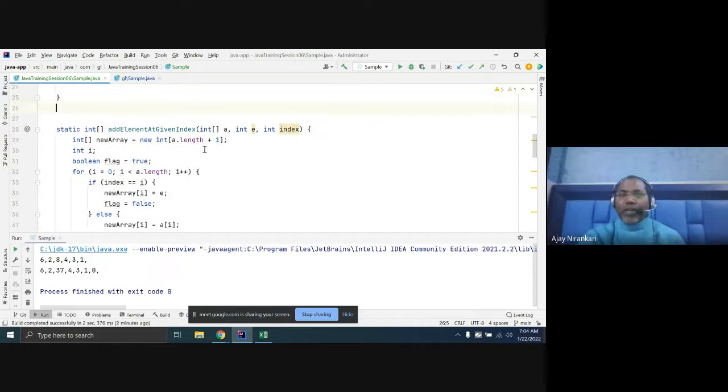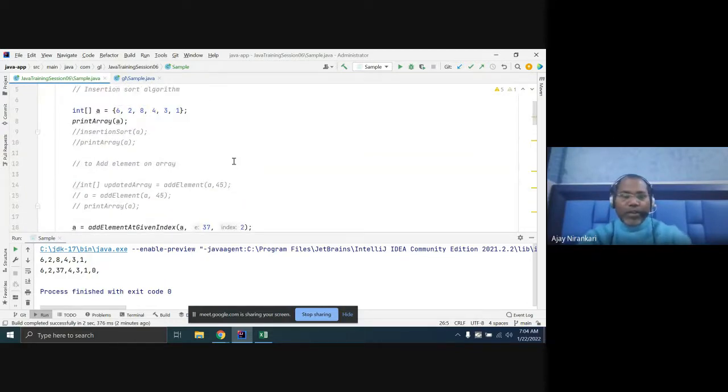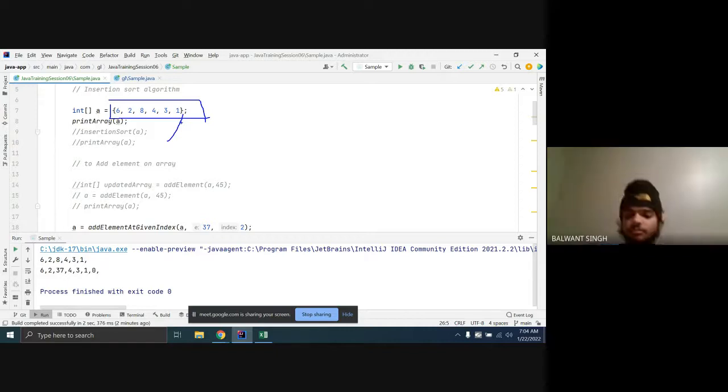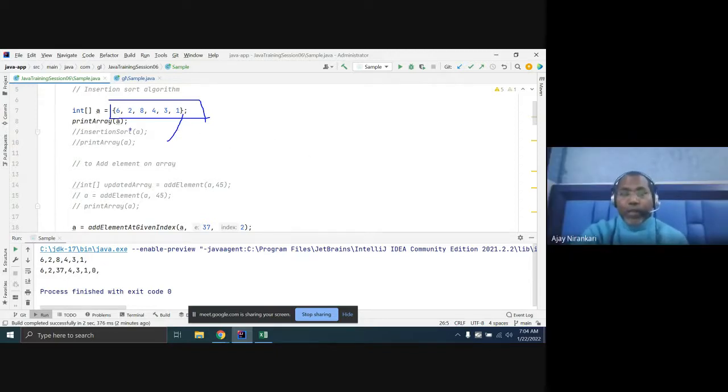You will try to remove an element from an array in two ways. First, similarly, we have two concepts: you can remove an element position-wise. This is the 0 position, 1 position, 2 position, 3 position. I want to remove the third position element. Or I want to remove the element with value 3, not the position. 0, 1, 2, 3, this is 3 position, but I don't want position removal. I want value removal.